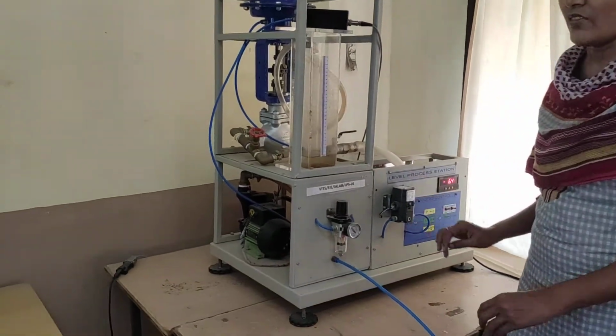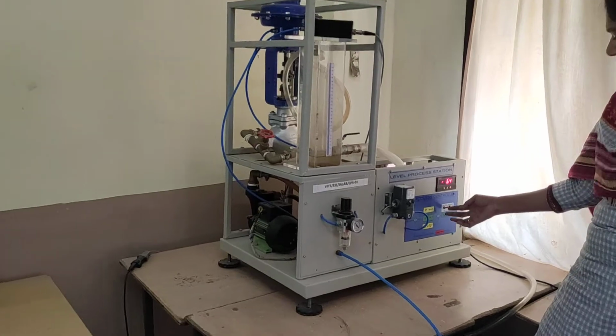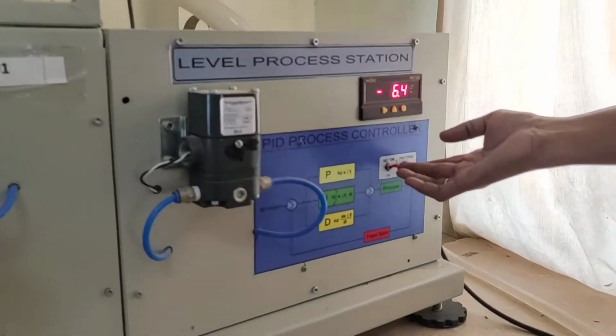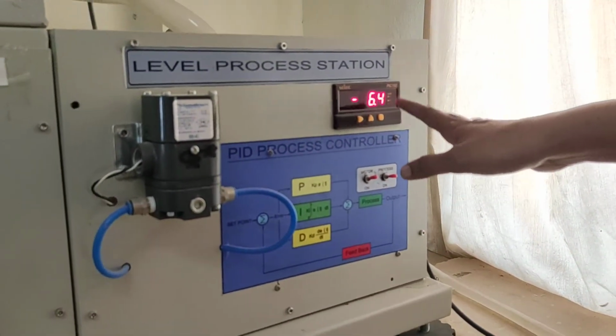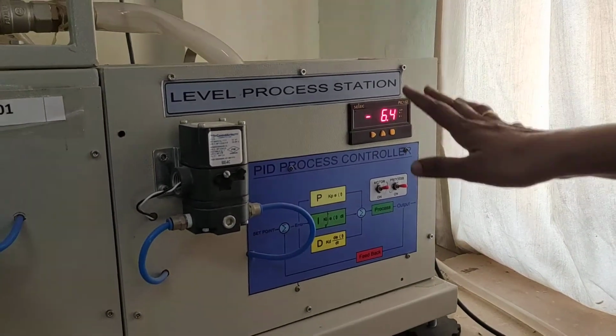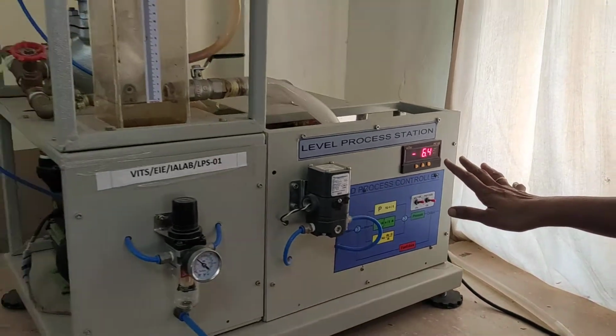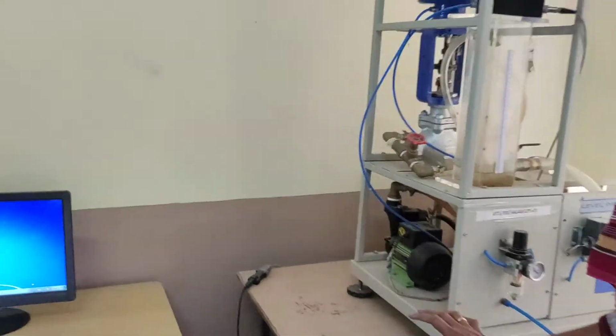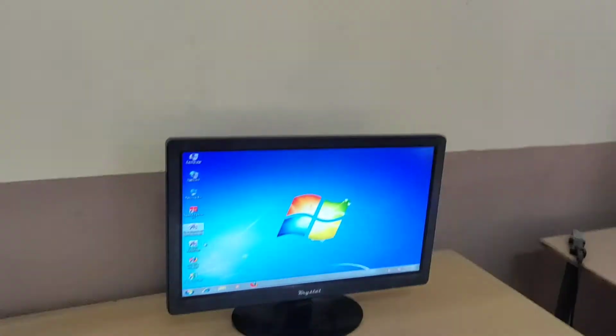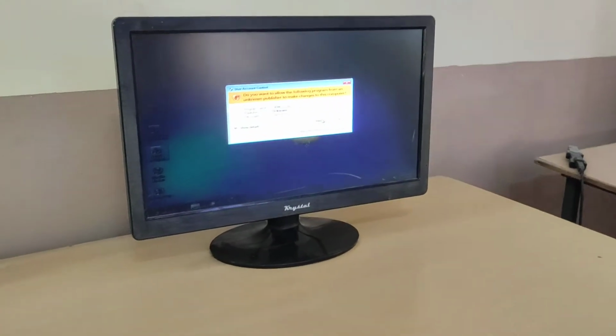And this is the air regulator. By using this air regulator, we give the pressure to the device. Now here we are not operating manually. Look at here, the motor as well as the process, both the switches are in off state. Even though they are in off state, the motor will turn on and the process is going on. Now come to the software. Open the system.